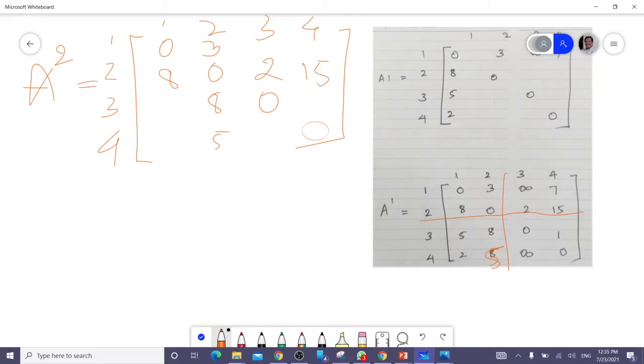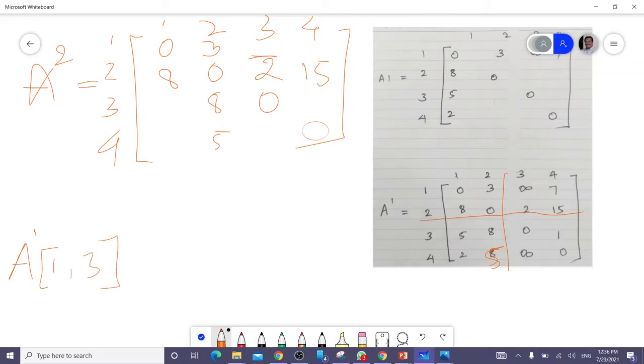Now, A2 is the second intermediate matrix. If I want to find for A2, the element which I have to find here is 1, 3. So I have to refer to the first matrix A1 of 1, 3.